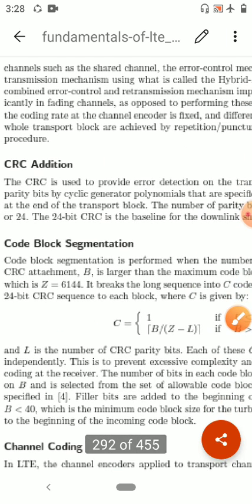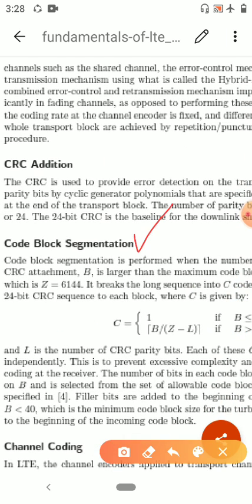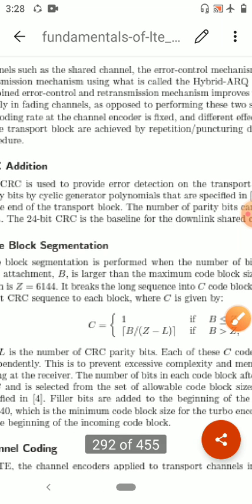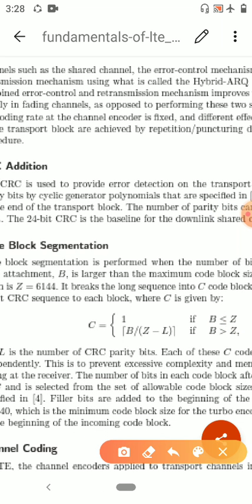Next, code block segmentation. The code block segmentation is performed when the number of bits in the sequence after CRC attachment, B, is larger than the maximum code block size for the turbo encoder, which is Z equals 6144. It breaks the long sequence into C code blocks and adds an additional 24-bit CRC sequence to each block,